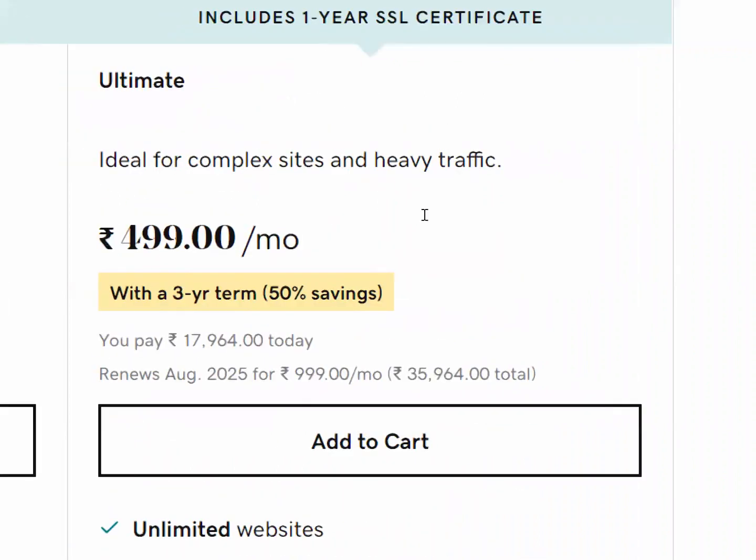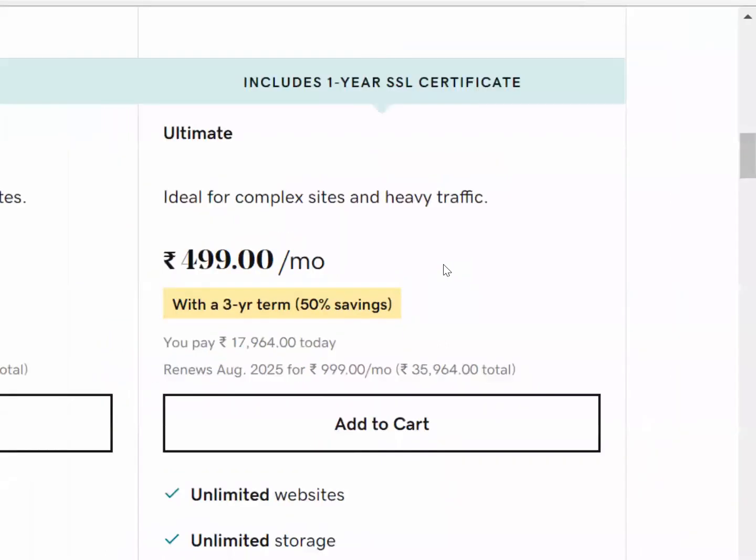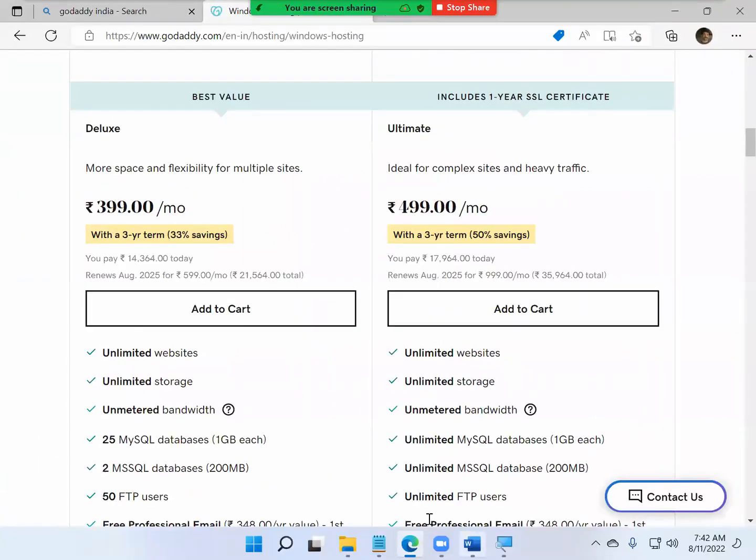All these things you will get, and it will ask you to pay for 1 year, 18,000 something. Investing some 1 lakh or 2 lakhs on a server versus investing 18,000 for 3 years, there is a lot of difference. So which one is better, going for a public server or going for a private own server? Public servers are always going to be popular.